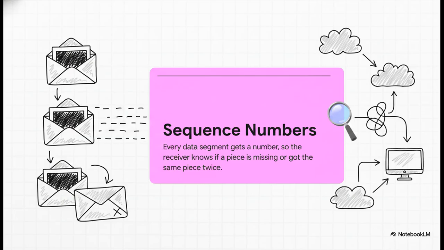Okay, first up, how do you deal with packets arriving all jumbled up or getting the same one twice? Simple. TCP slaps a sequence number on everything. Just think of it like numbering the boxes when you move house. If box 3 shows up before box 2, you know you just have to wait and reorder them. If you get 2 boxes labeled 5, you just toss the extra one. It's so simple, but man, is it effective.